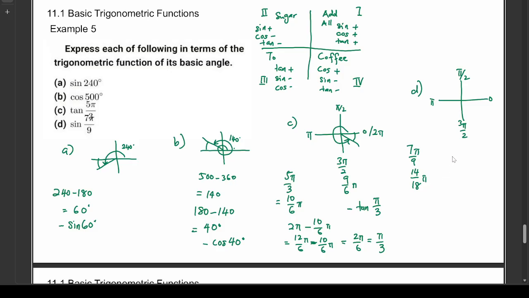And then pi over 2 is 9 pi over 18. So this is definitely more than 9 over 18. So it's here. Okay, the angle is here. This is 7 pi over 9. Basic angle is here, which means I would minus